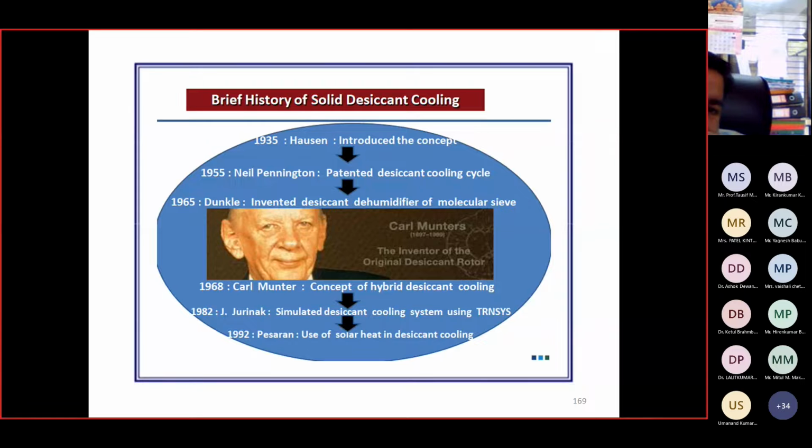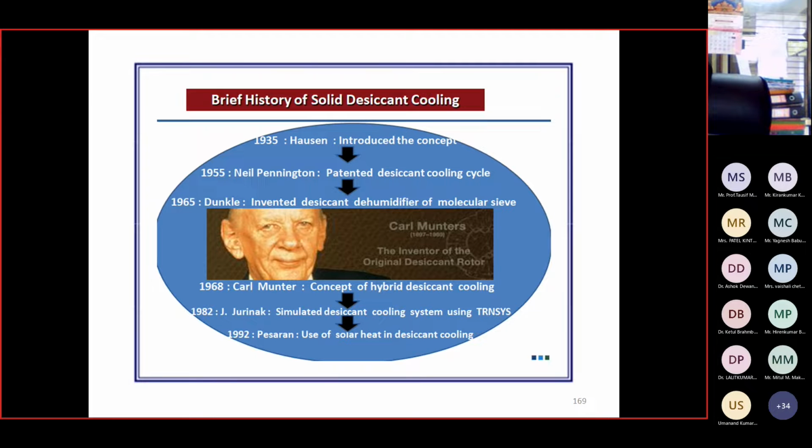First of all, in the year 1935, is my voice audible? Hello, anyone please reply. Yes sir. Okay, very good. Because the internet is having a severe problem, I don't know whether I am being heard or whether it is connected, because on my screen only the PPT is available.